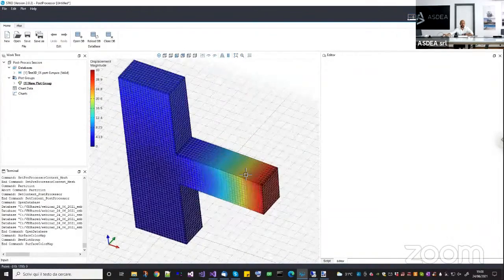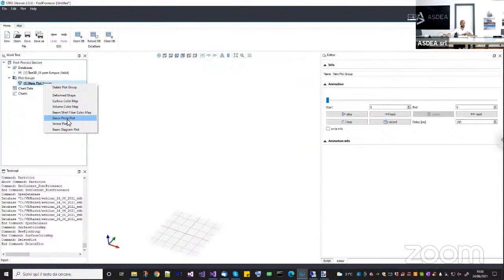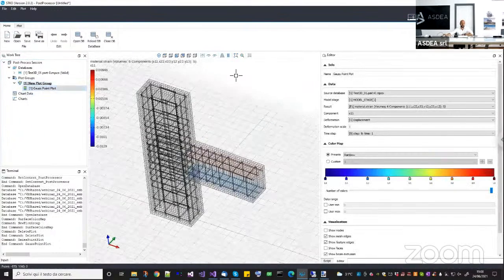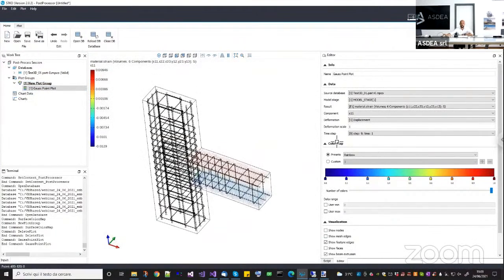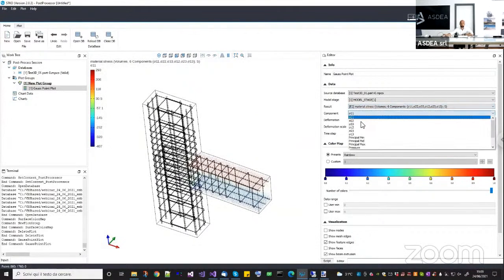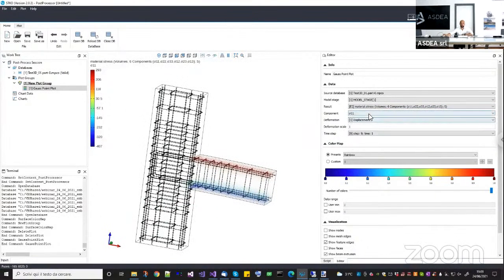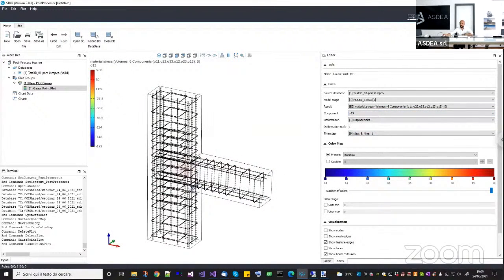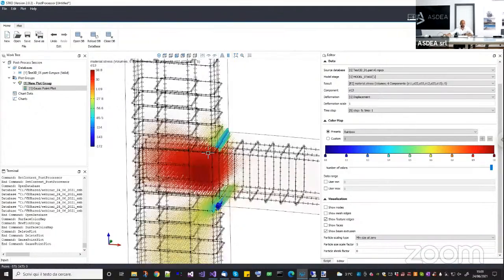As you can see, the beams are still moving inside, but if you want to look at what's going on inside, you can do, for example, a Gauss plot for my fibers, or for my concrete, sorry. I want to switch off mesh edges, and I want to visualize, for example, the material stress, let's say the shear stress in the XZ plane. Okay, let me increase the particle size a little bit, like 5. So you can see the major shear stress here in the